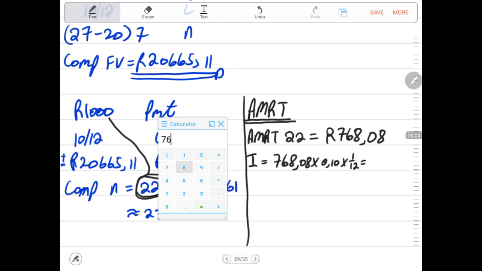We have 768.08 times 0.10 times 1 divided by 12. We say the interest for the 23rd month will be 6 rand 40 cents. This will be the interest for the 23rd month. So now when this person is making the 23rd withdrawal, it will be plus 768.08. So now this will be the last withdrawal,